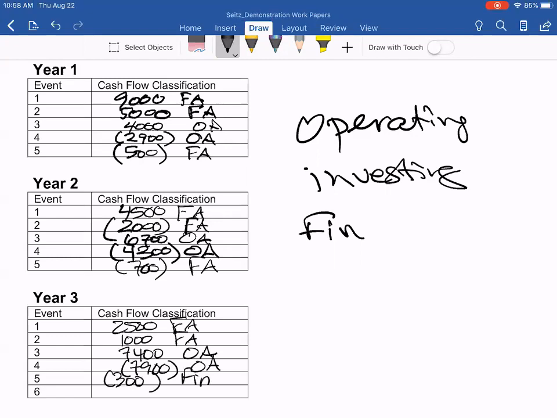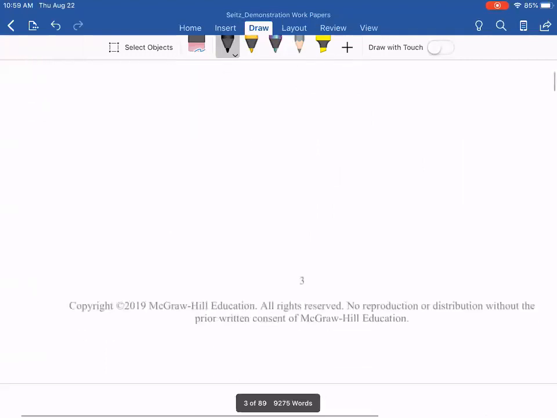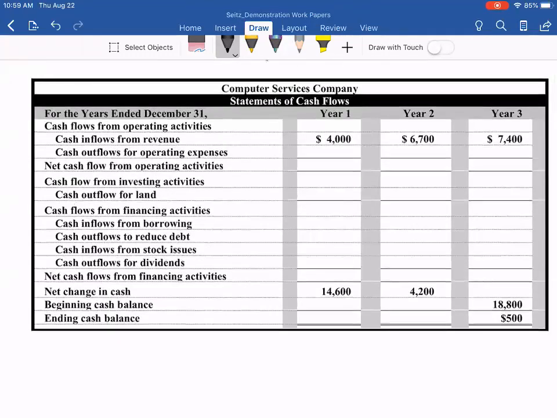Financing. And then here's the new one. We purchased land of $21,000. Land is a long-term asset, and so long-term assets are investing. So you'll see me put investing activities. So taking all that information now, I can go through and set up my cash flows from operating, investing, and